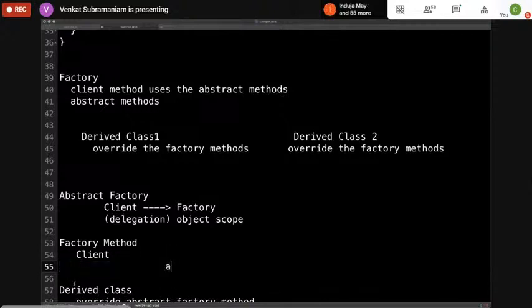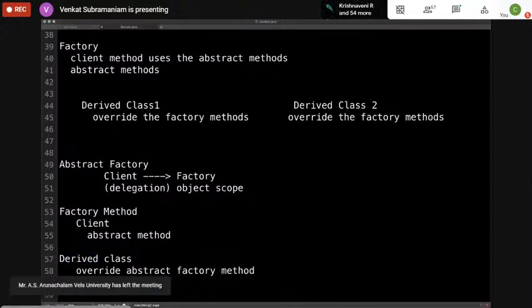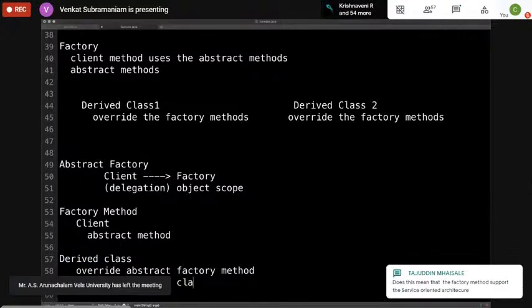So this is the abstract method that is sitting right in there at the very top. So as a result, what is the primary solution we are using here? Notice the word derived class. So the predominant solution here is inheritance. So as a result, it's a class scope if you really think about it.